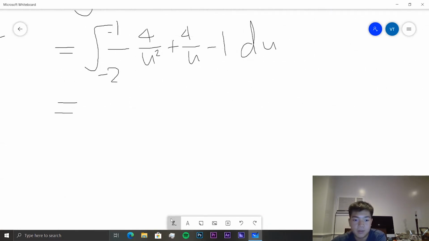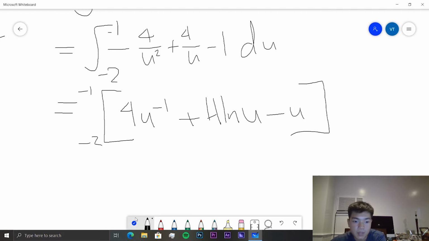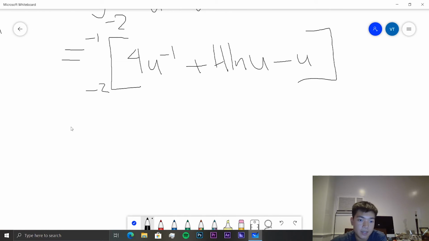And so we get the integral between -1 and -2 of 4u to the -1 plus 4 ln u minus u. So this will be equal to 4 times -1 to the -1, so that's -4 plus 4 ln -1 plus 1